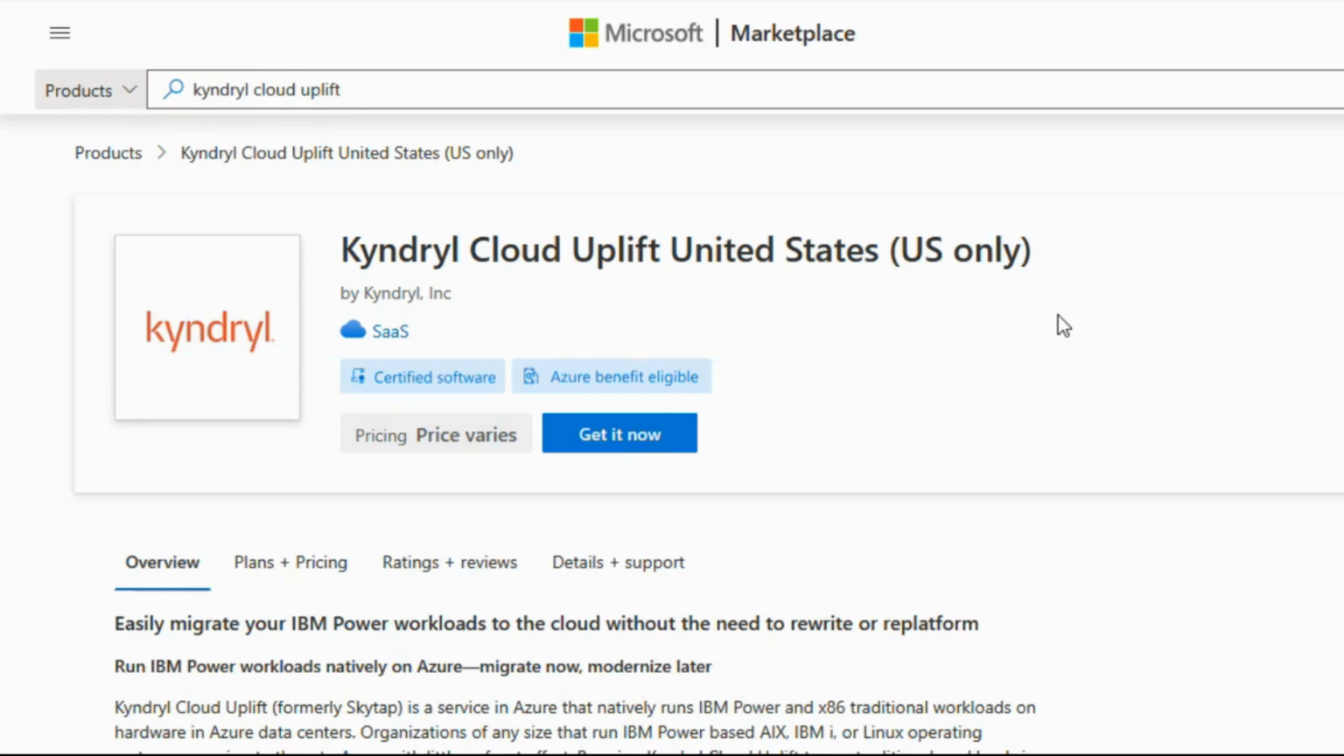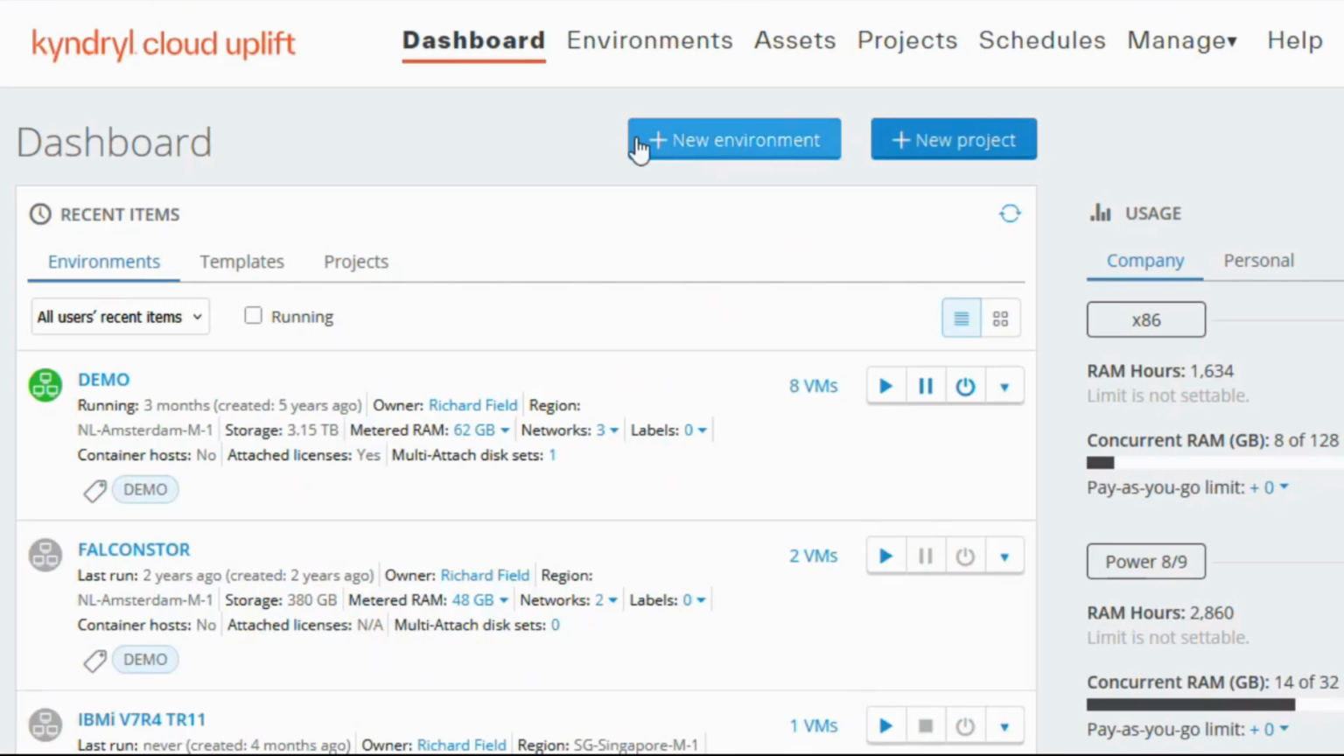If you wanted to start with this, you can simply go in here and select the region that you are in, whether that's US, or there's another offering for non-US places, but I'm just showing you the US now. You just click Get It Now, and it'll subscribe you against the tenant that you're associated with. You will then be transferred over to the Kyndryl Cloud Uplift portal, where you can